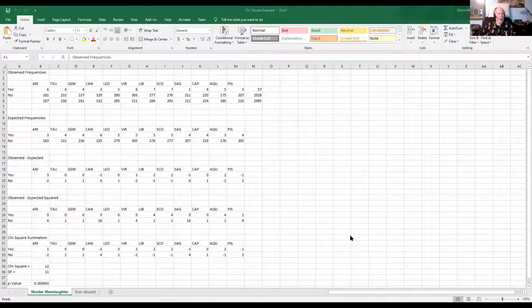So you see along the top row, these are the observed frequencies. These are the actual Mars in Aries, Mars in Taurus, Mars in Gemini, Mars in Cancer, etc. These are the actual counts, the actual frequencies. And the variables are whether or not they were convicted of murder or manslaughter. Murder and or manslaughter. So these are the Mars positions. Who answered yes to that question? Were you convicted? It would be somebody who was in prison for murder and or manslaughter, and no would be